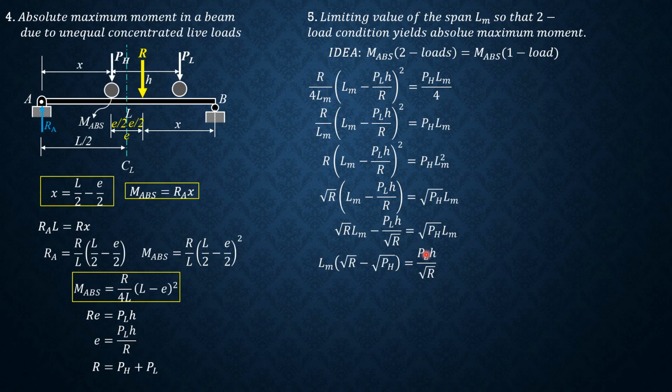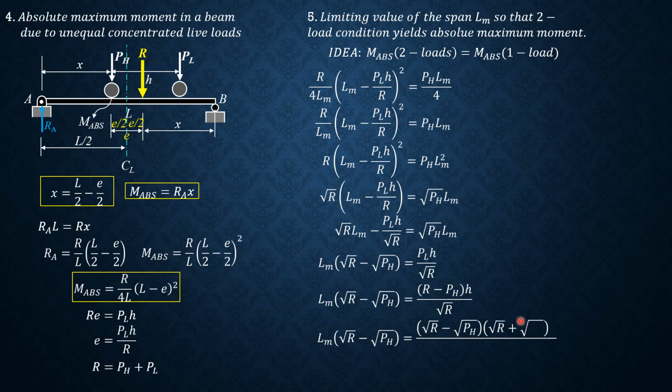We replace P sub L equal to R minus PH. So quantity R minus PH, H over square root of R, and we express this as square root of R minus square root of PH times quantity square root of R plus square root of PH, like that. So we can cancel square root of R minus square root of PH, and L sub M equals square root of R plus square root of PH quantity times H over square root